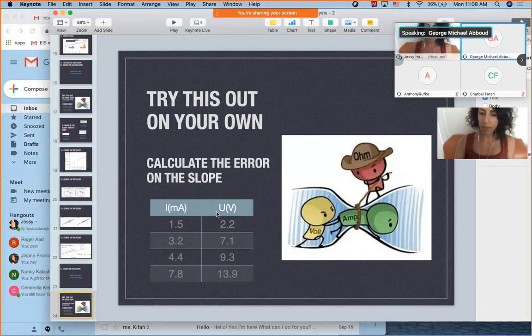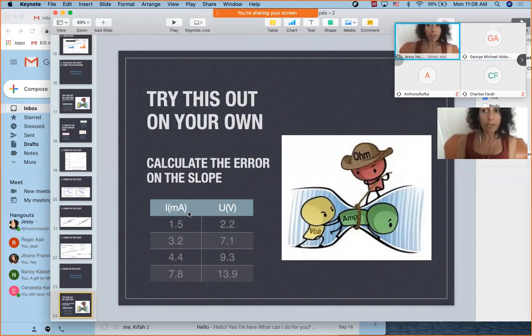Okay, did you try to get an answer or was it time consuming? Zero plus or minus 0.3, I assume ohms. By the way, I assume that you converted the milliamperes to amperes, right? For you to get ohms eventually, or didn't you? Okay, so this is a tiny mistake. I'm happy you did this mistake. At least now we know. All right.